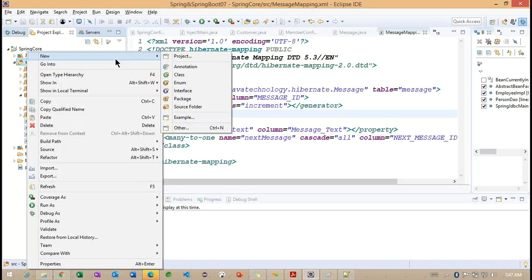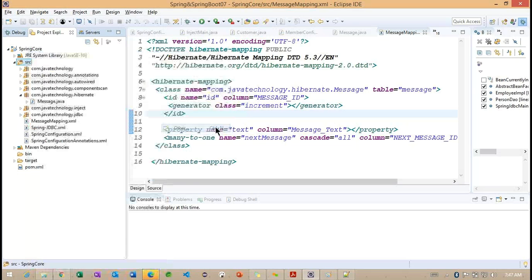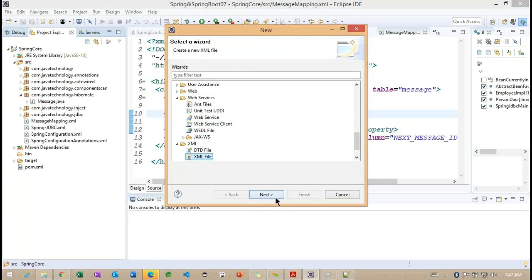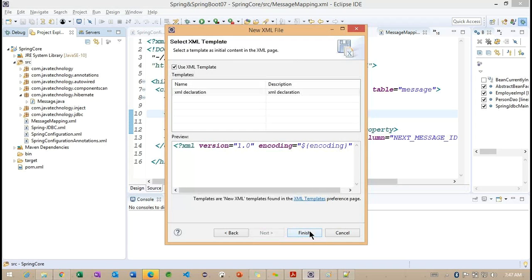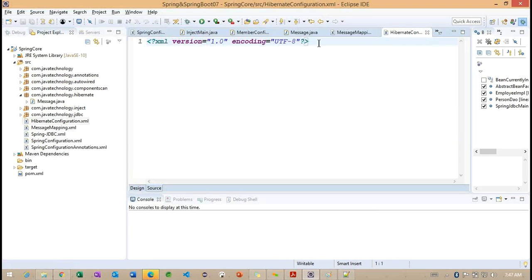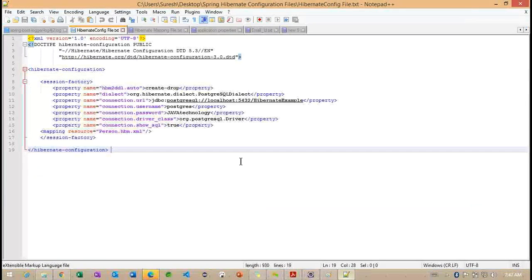So here I want to create a Hibernate configuration. Right. So what exactly will this Hibernate configuration contain here?